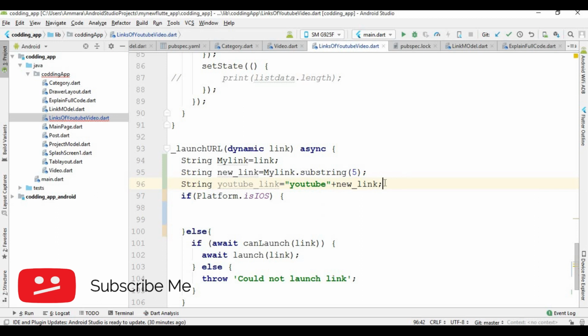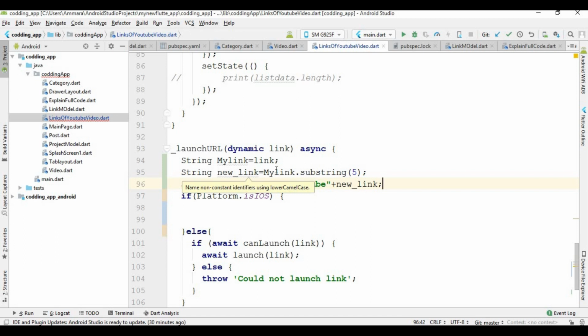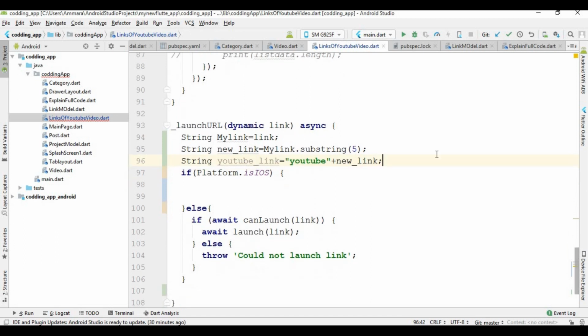So in this way I concatenate this YouTube with the remaining link. Okay, so now we have two types of link. The first one is with the YouTube, which is stored in the youtubeLink, and the second link is this link, my link, which I stored in the myLink variable.